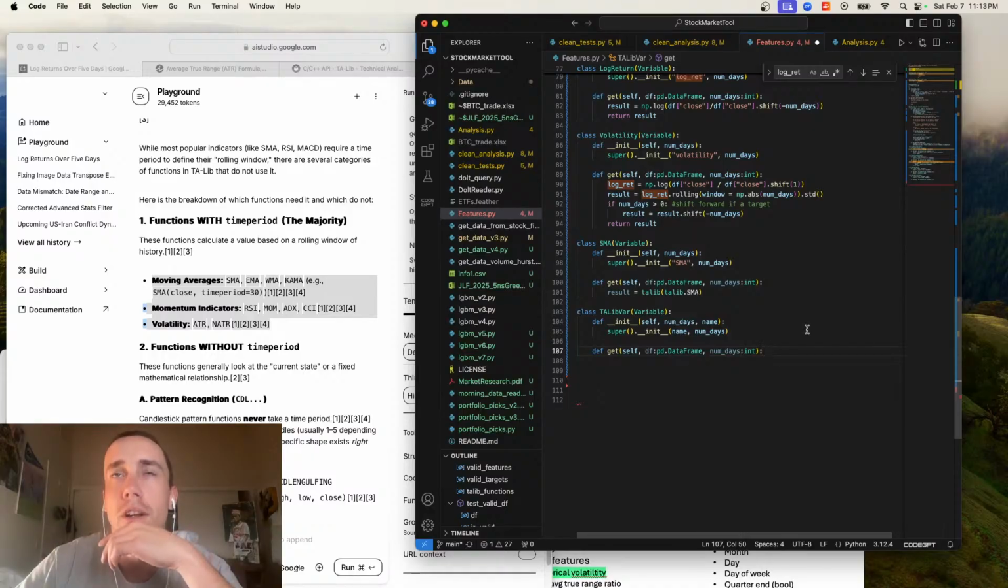So this is actually going to be a lot quicker than I thought, because we can just pass the TALib variables, and then I just have to get the function names. So get